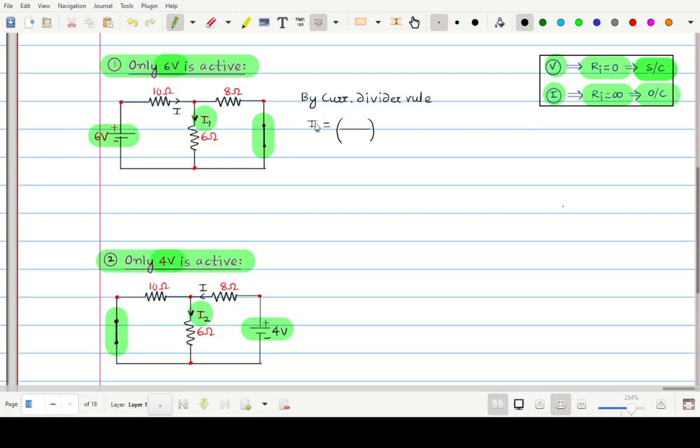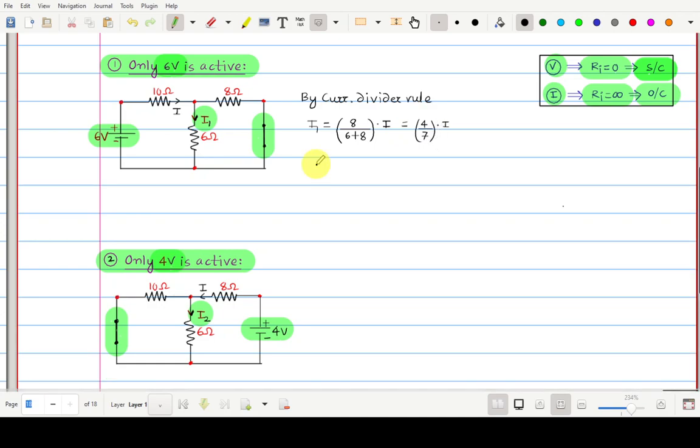So friends, now by current divider rule, how we can write the equation for I1? Now I1 is passing through 6 ohm. So neglect 6 ohm. What is the other resistance? 8 ohm. So write in the numerator 8 ohm. Okay, and in the denominator write both resistances in which current is divided. So current is getting divided into 8 ohm and 6 ohm. So 6 plus 8. This you are getting, and this should be multiplied with total incoming current. Now what is the total incoming current? It is nothing but this current I. Okay, so what you are getting? 4 by 7 into I.